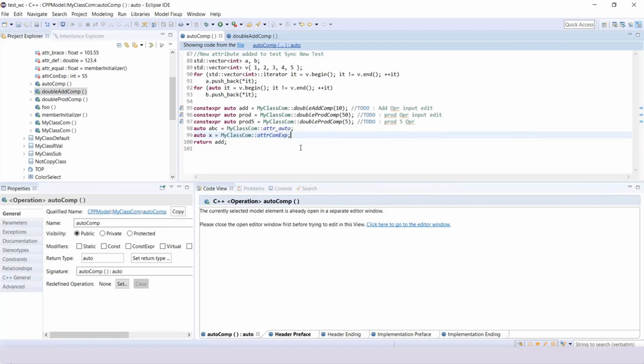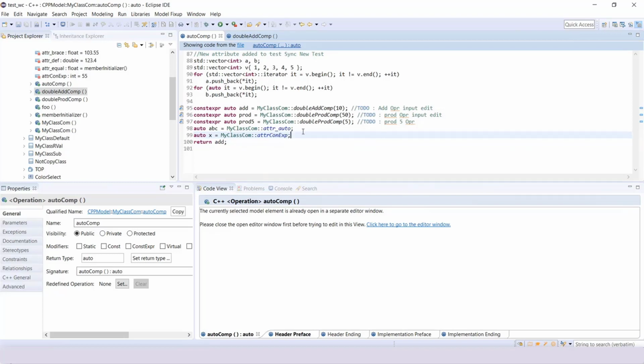To navigate to the CDT editor, you can simply click on this showing code from file. Once I click on this file, I will be navigated to the C++ generated code. Moreover, you see that the cursor is now at the end of the last variable that I declared in this code snippet, so the cursor points to the same location.